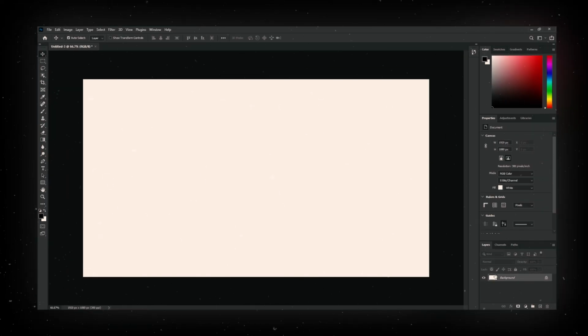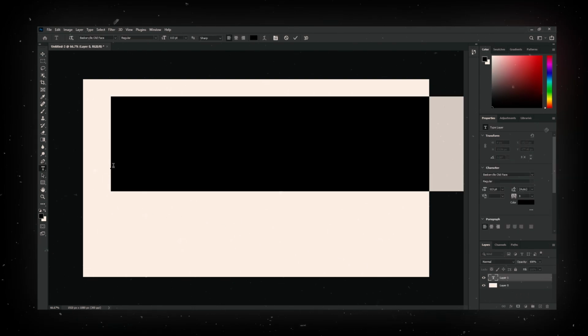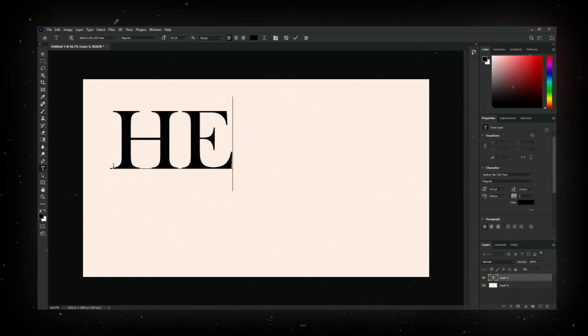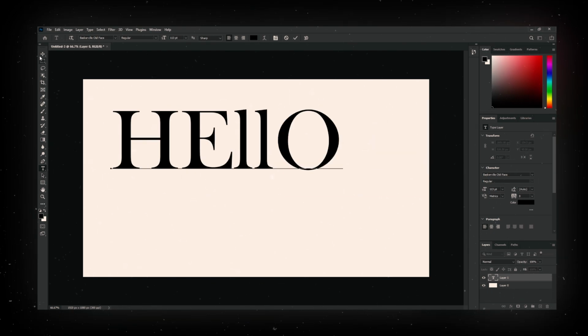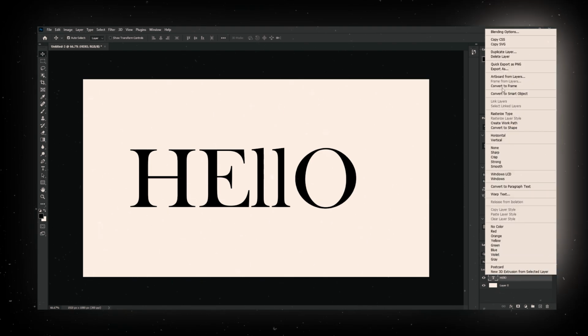Today we're creating Chrome text effect in Adobe Photoshop. So to get started, we'll look at our background layer, then create a new text, type what you want. I'll type blue for example, try to place it in the middle, then right click on your text layer and